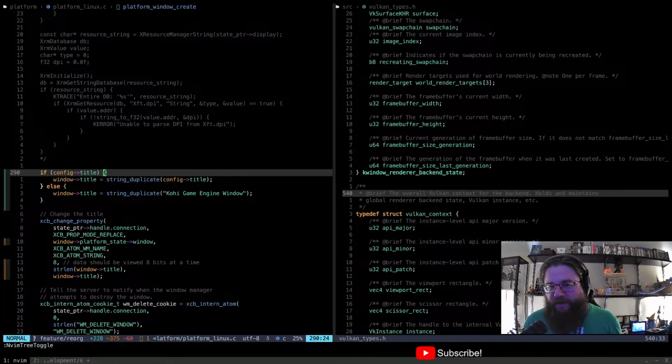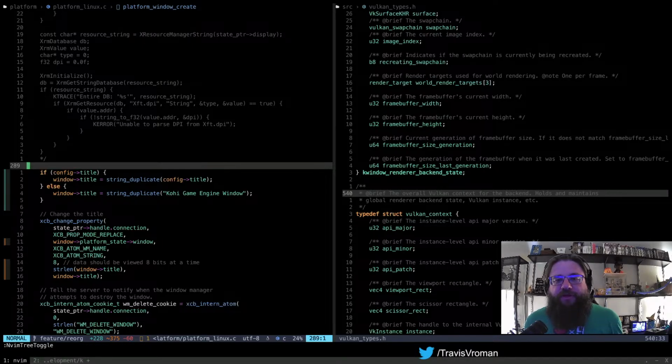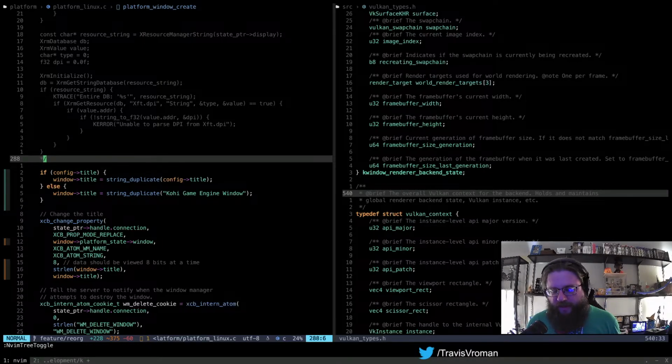Let's see. I think that's most of what I've been doing offline, right? It's just kind of moving a bunch of stuff, moving a lot of stuff to the window and to be associated with the window. So